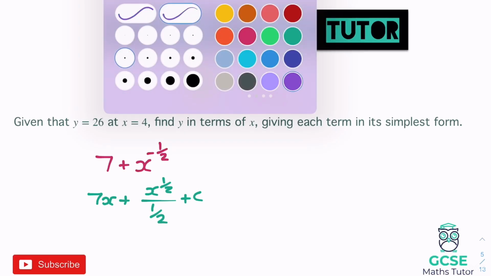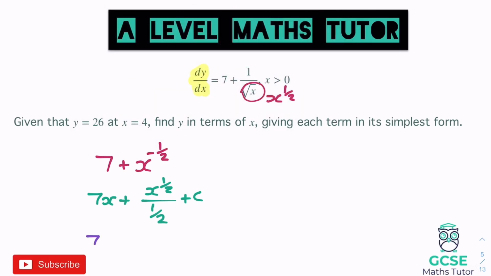Now we can go about simplifying this. We get 7x plus, now the coefficient of x to the power of a half is 1. There would be a 1 in front of it. Now 1 divided by a half is 2, so that becomes 2. So we have 2x to the power of a half, plus c. Actually, we're almost at a point where we have y in terms of x, because we have our graph equation now, and that is that y equals 7x plus 2x to the power of a half